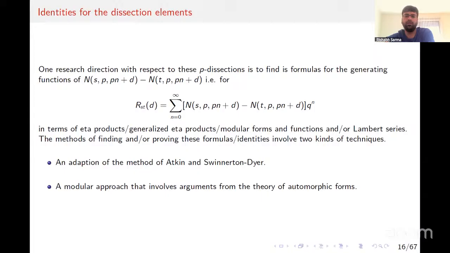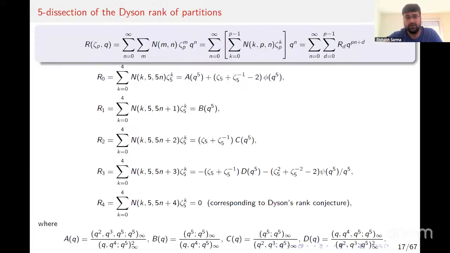If you are looking for some nice references with regards to finding the generating functions for this kind of work, then there is a series of papers by Jeremy Lovejoy and Robert Osborne written in 2008, 9, and 10, where they find generating functions for these rank differences for the rank of overpartitions, rank of partitions without repeated odd parts, and I don't remember the last one. It's a series of papers in 2008, 9, and 10. And also the work of Atkin and Swinnerton-Dyer, of course.